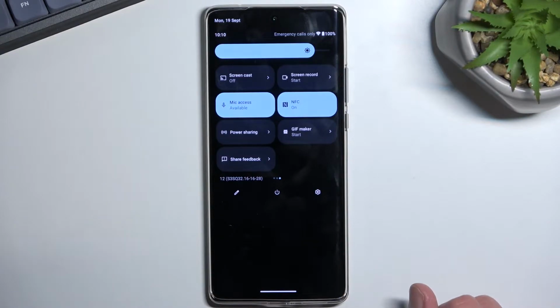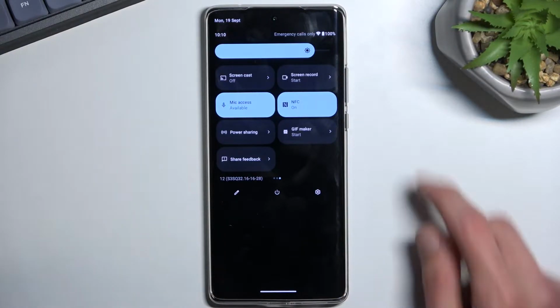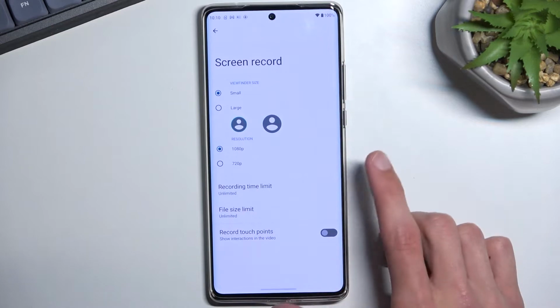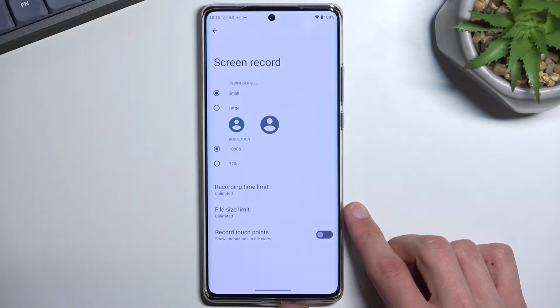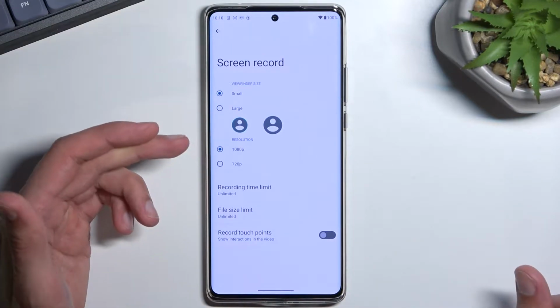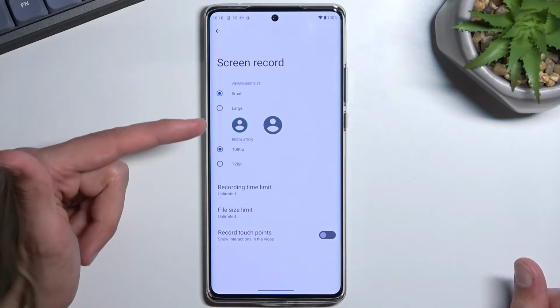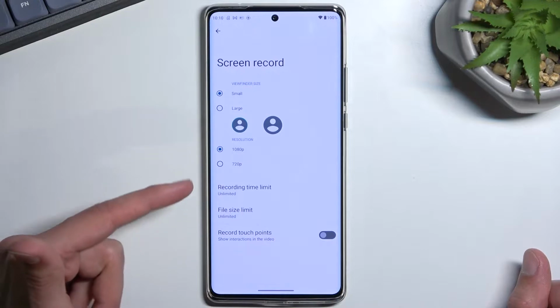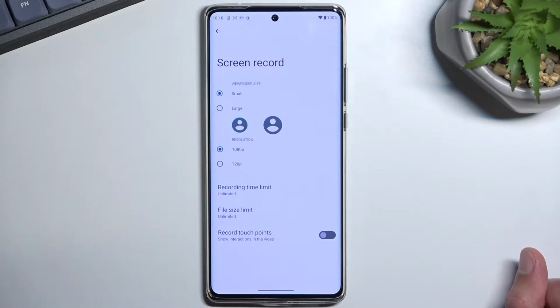Now once you locate it, you can either tap on it to start recording immediately, or most of the time you can hold it. This will take you to the settings where you can change how it will be recording your screen. So just like things like resolution, you can add your selfie camera if you want to, and also a couple of toggles right here. Now it looks like it's set to